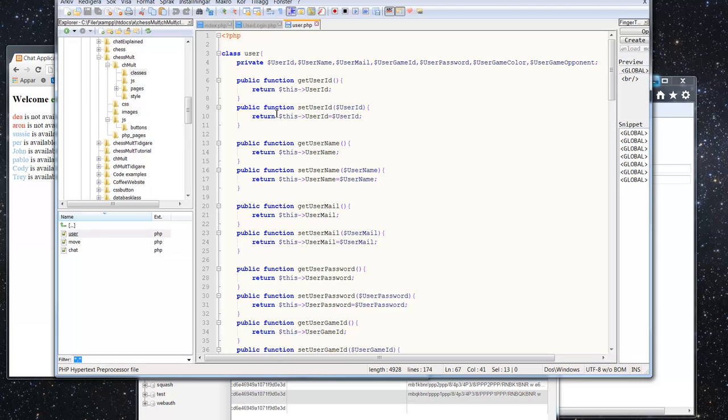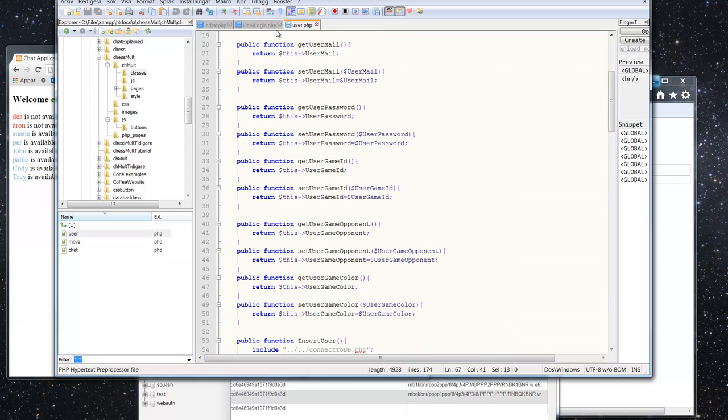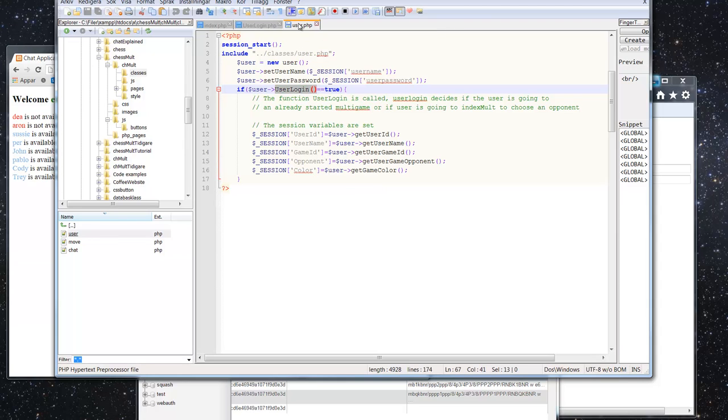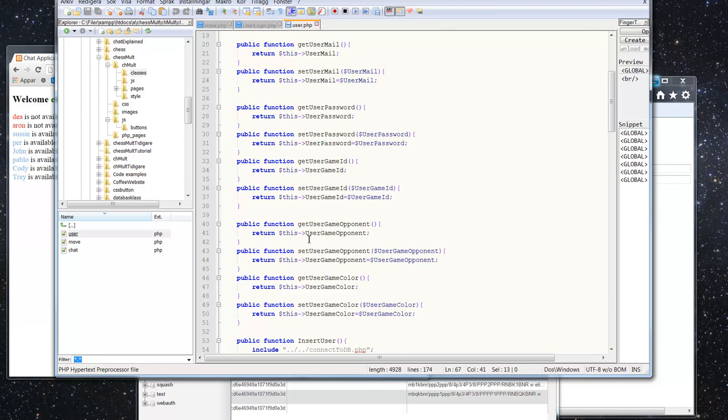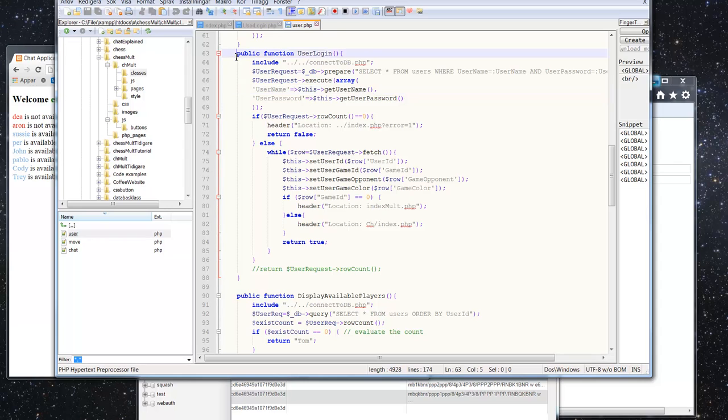So we already set the username here, and then we're going to use that in some other functions right down here. So anyway, we do this, we set the username, we set the password, and then we call the function user login. So if I go to user now and I look at the user login, which is right here,